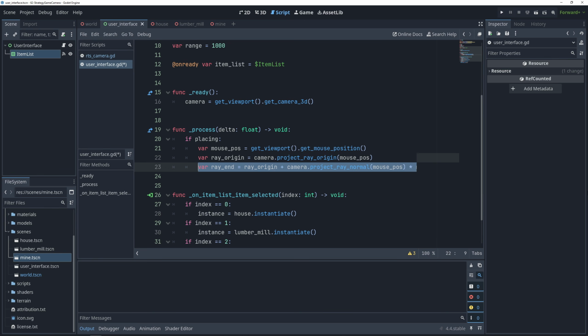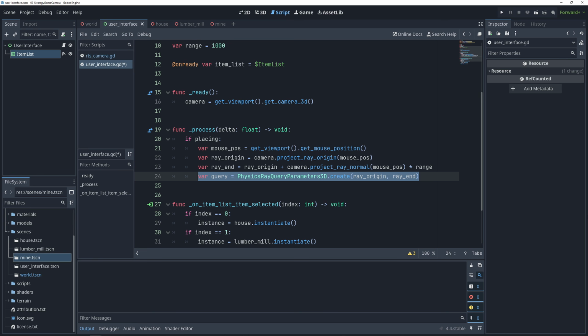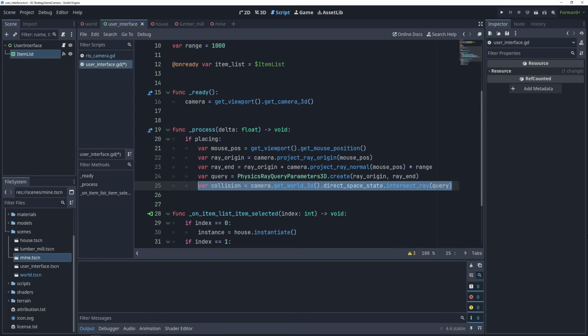To figure out the ending point for the raycast, we are going to take the origin point and add a unit vector pointing towards the direction of the mouse, multiplied by the length that we want our raycast to be. So this project ray normal function gives us a normalized vector pointing at the target. It's got nothing to do with normals. We can then use the ray origin and ray end to create a raycast by passing them to the PhysicsRayQueryParameters3D singleton,